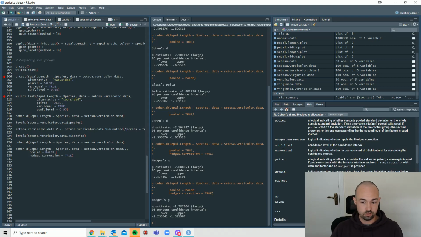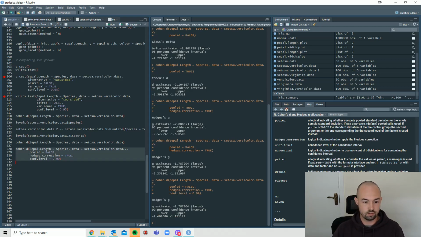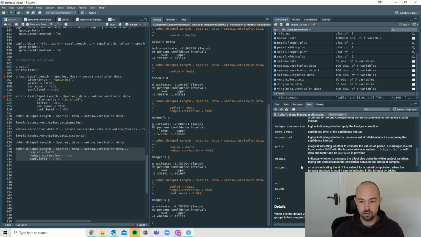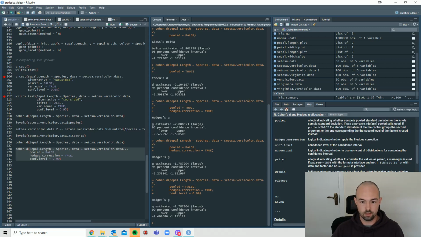Other features that you have, so you have confidence level. You can see these are all presenting the 95% confidence intervals. If we go to confidence level 0.99 instead, we'll see this change. You can see it's the 99% confidence interval of upper and lower rather than 95%,